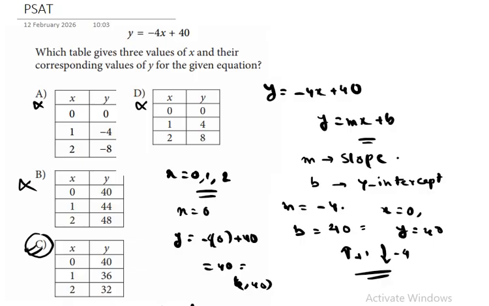Now the equation was y is equal to -4x plus 40, right? Now the correct values: x is equal to 0, y is equal to 40, when x is equal to 1, y is equal to 36, and when x is equal to 2, y is equal to 32. So the correct table is option C. So this was the whole solution for this question. Very logical